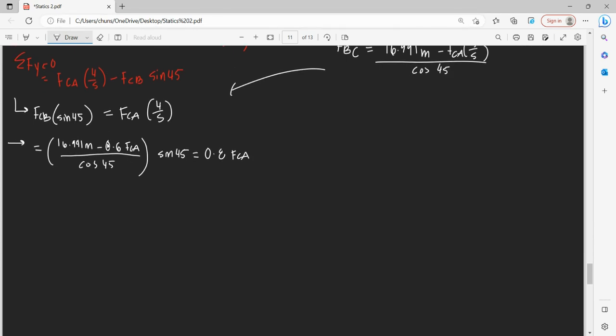Okay, let's move some things around. So then let's distribute this sine 45 and move that cos 45 over there. So sine 45 times, so then this is 12.0147 minus 0.6 times sine 45, 0.42426 equals 0.8 times, we're going to move that cos 45 over, 0.8 times 0.6 times